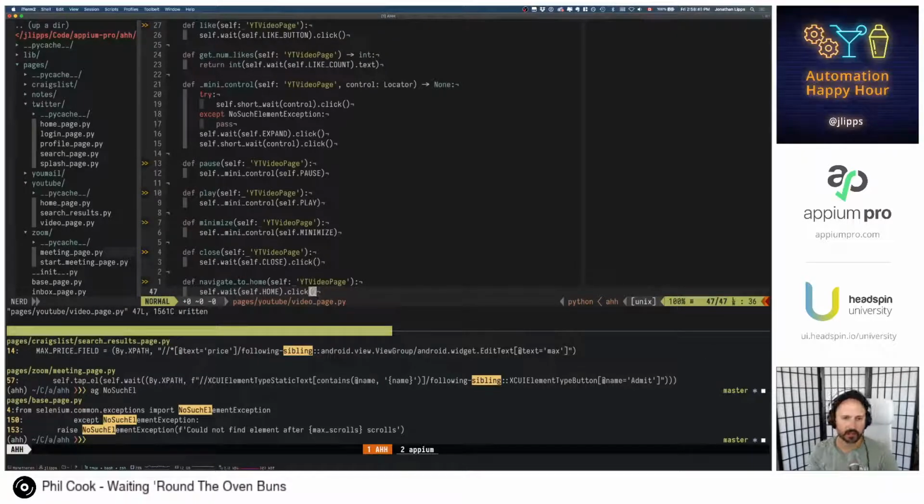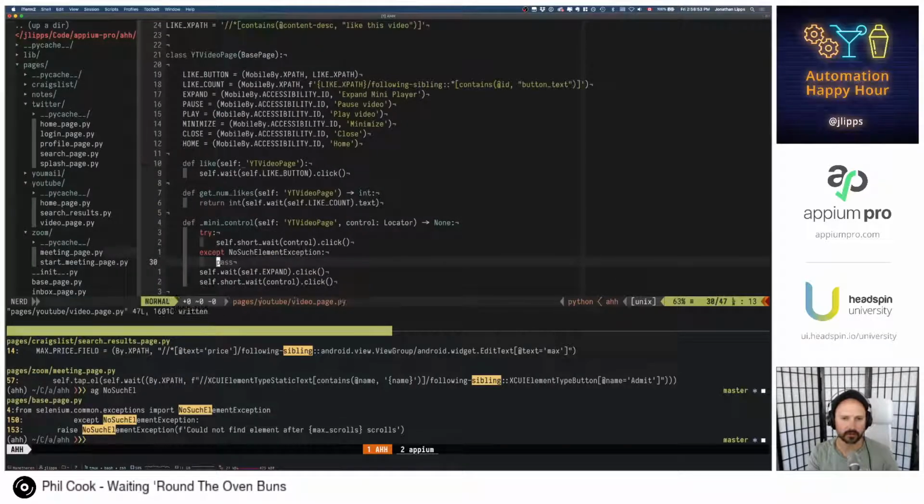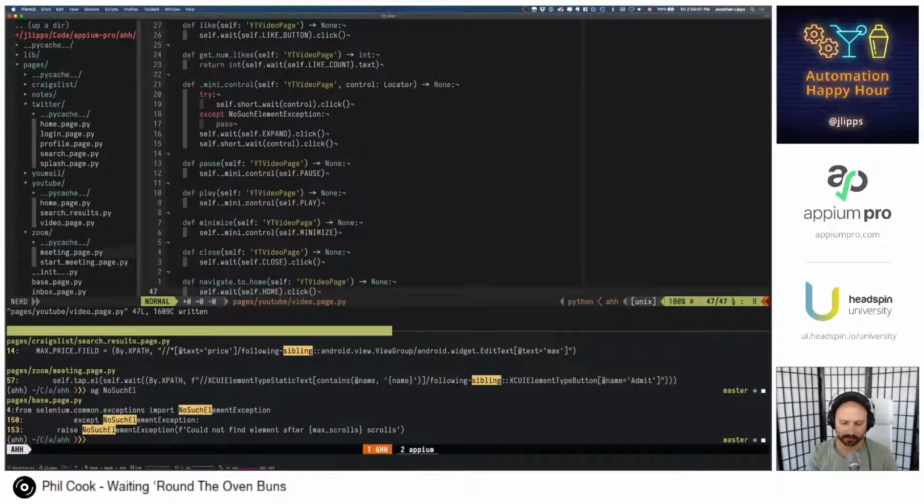Okay, so we have actually implemented all of the methods, and we had already used all our methods to create a flow. So that means we should be able to just try and run this and see what happens.